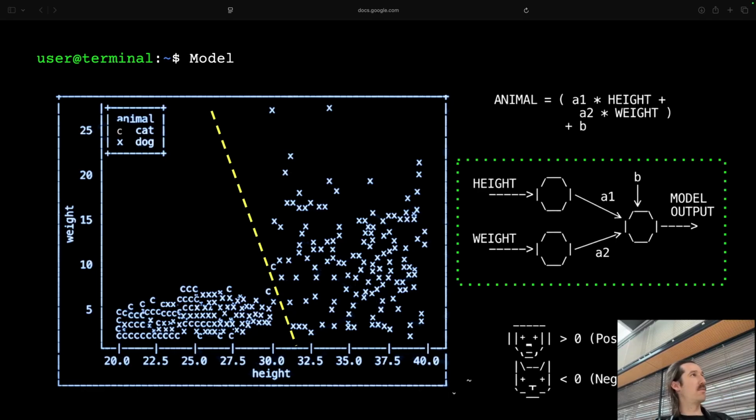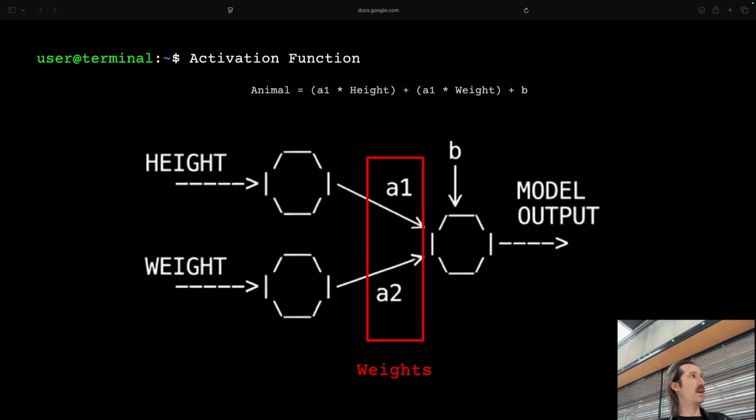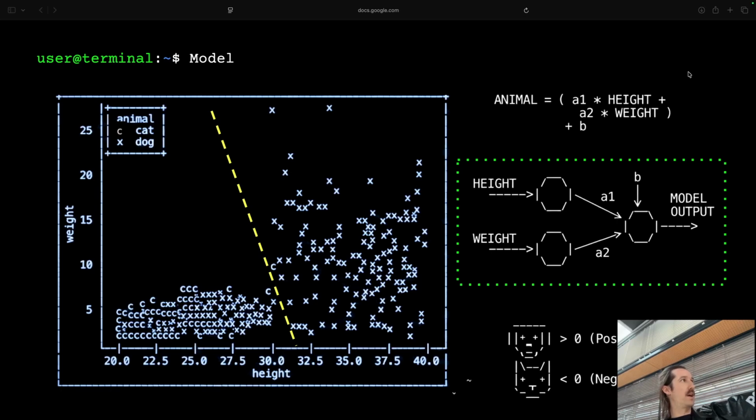But again, I would say that's abstract mathematics, so let's have a closer look into this neuron, or into this parameter that we are looking for. So here's a closer look. The graph you see down below is exactly the mathematical operation on the top. And the question is, what is A1 and what is A2? Because we know what the height and the weight are. Now we just have to pick a random number here. For example, I can take this one.